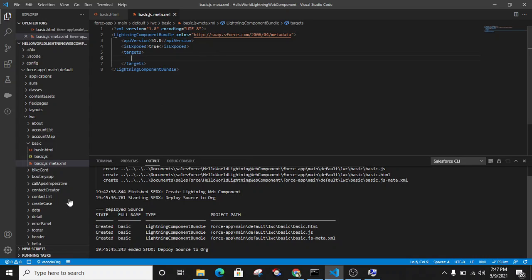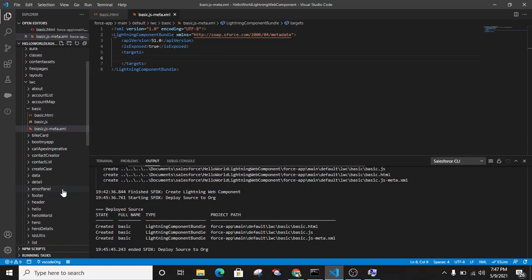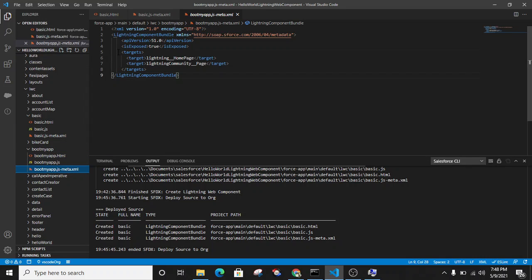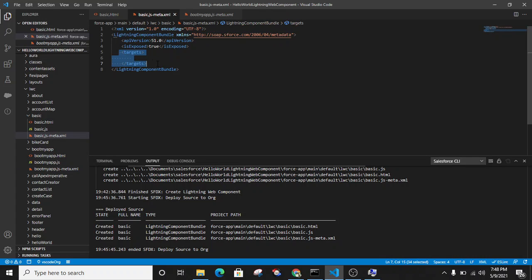I have already created some components, so I can copy here. In this targets you need to set your target.